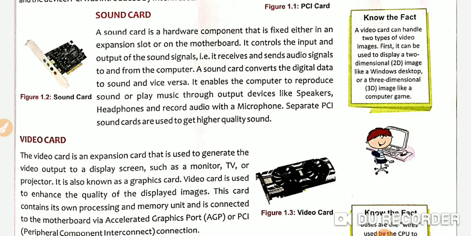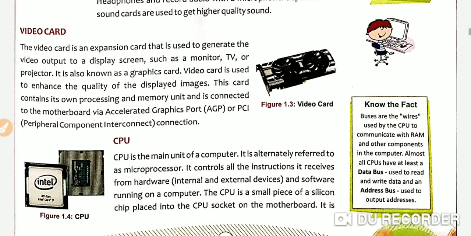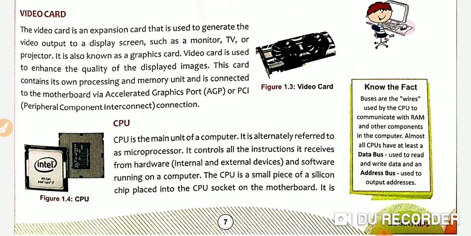Now, video card. What is video card? A video card is an expansion slot or expansion card that is used to generate the video output to a display screen such as monitor, TV, or projector. It is also known as graphics card. Video card is basically used to enhance the quality of the displayed images. This card contains its own